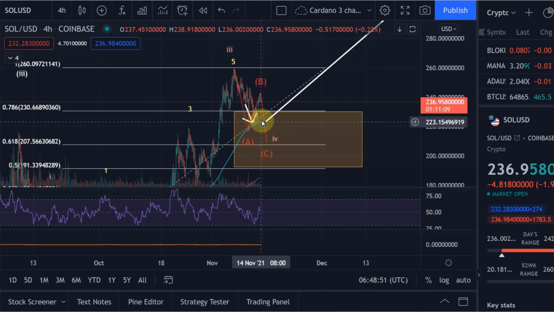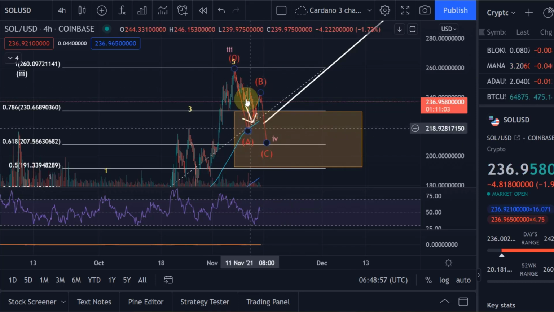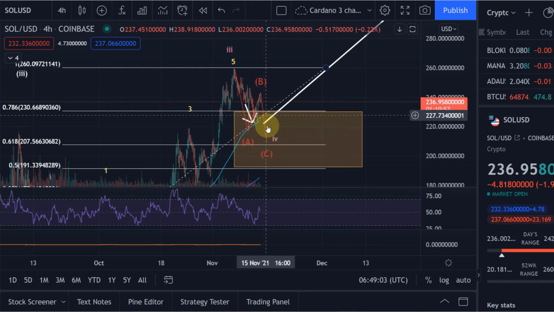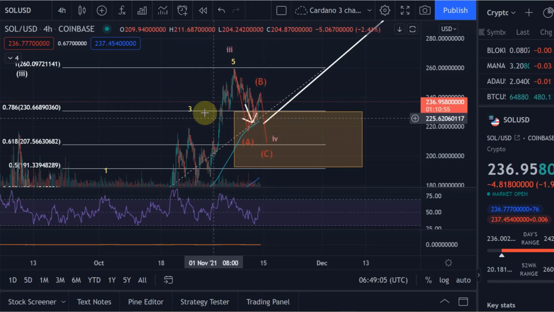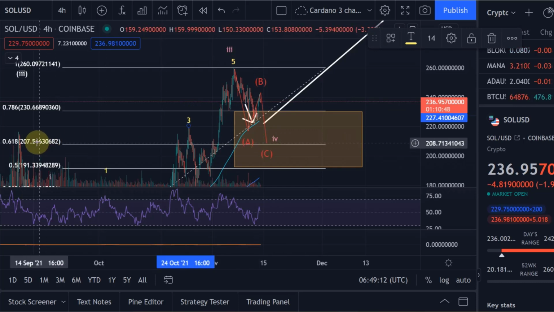the 20-day moving average. There is still a possibility, even though we are moving up now, that we are still in this ABC correction, because we could have completed this wave A here when we hit the 220, come up in a wave B, and move down once more in a wave C. I did say in my last video, the most likely support level for this move is around the $208 line,